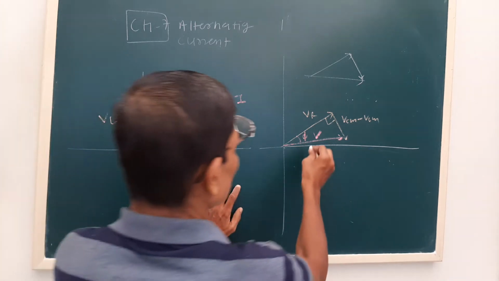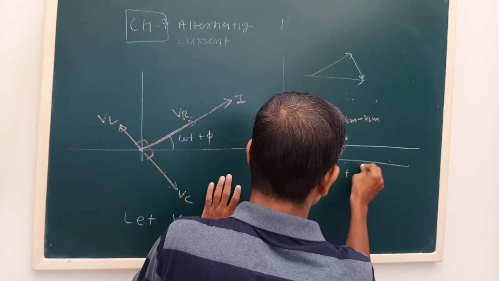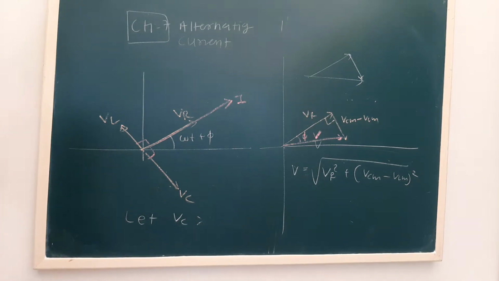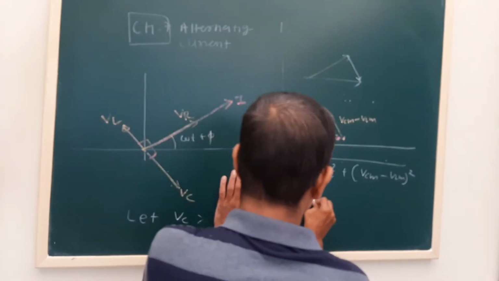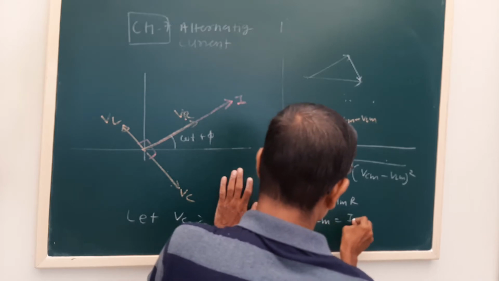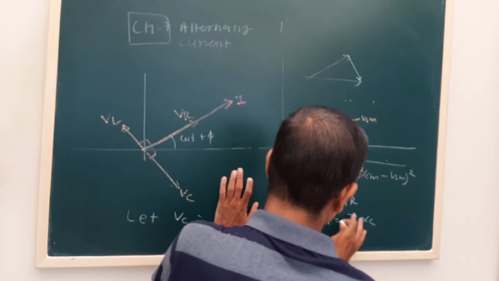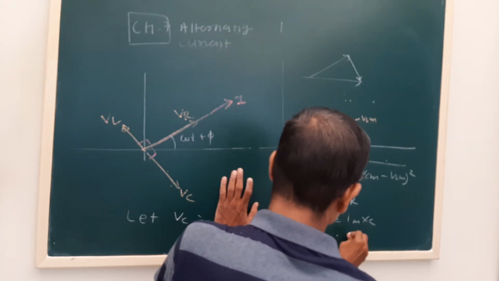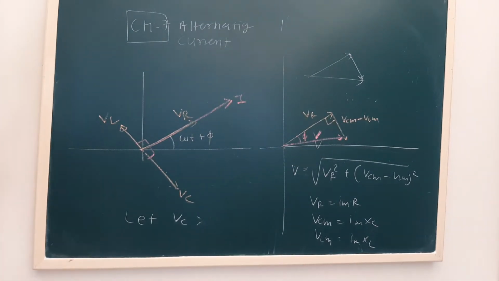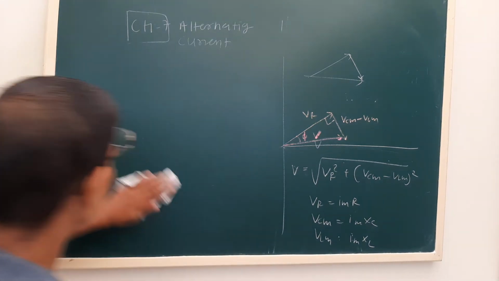Now what we can say is, the total voltage supplied V is equal to the square root of VR square plus (VCM minus VLM) whole square. Now we substitute the values. VR is Im into R, VCM is Im into XC, VLM is Im into XL. This is what we have to substitute here. So our equation will become: